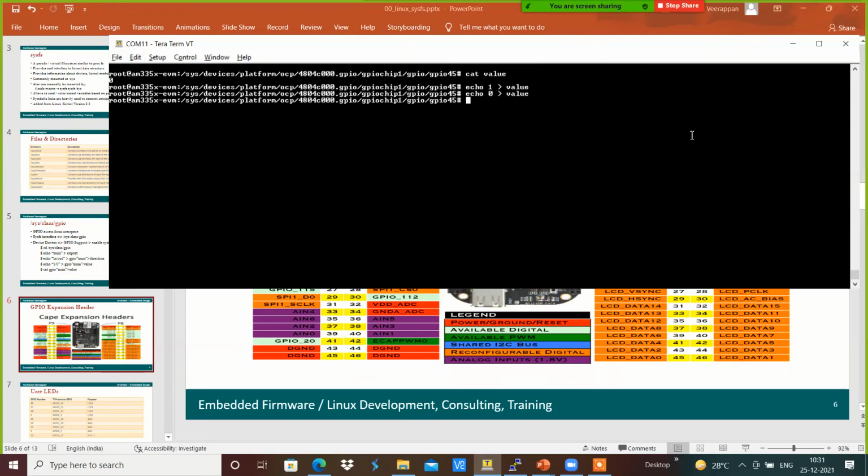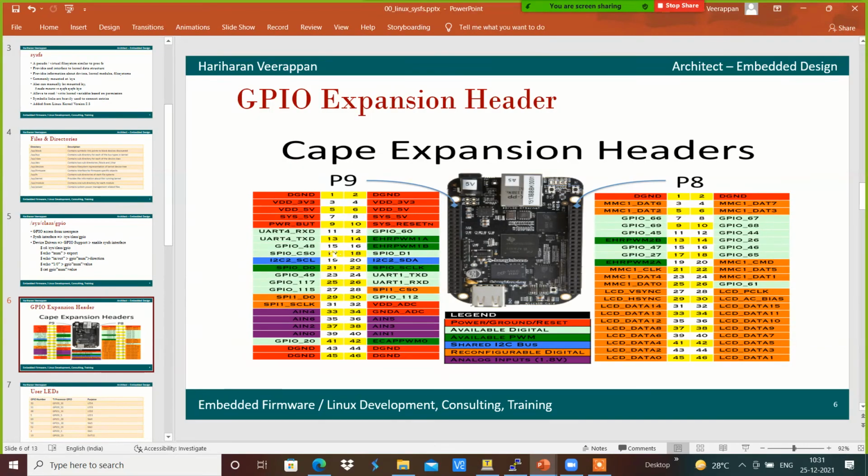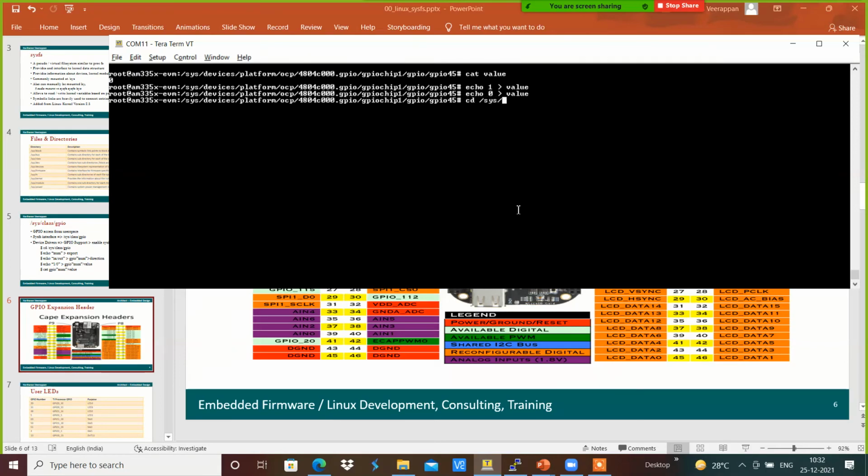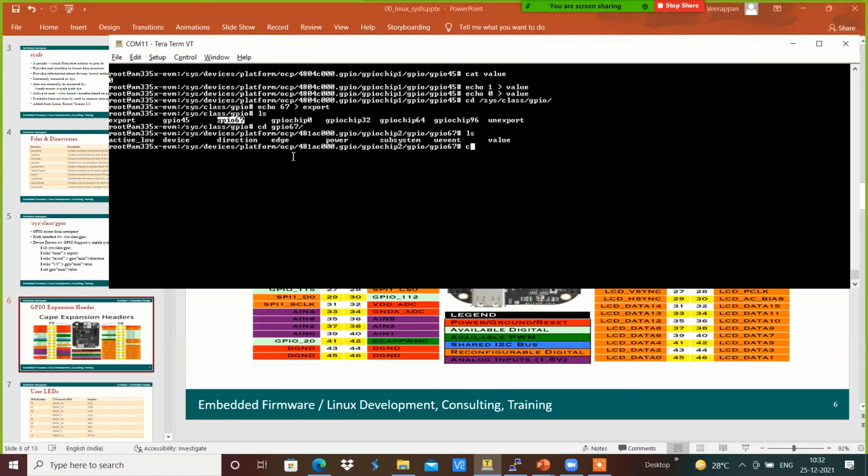In order to read the switch, I am going to use GPIO 67. For that I am going to use sys class GPIO and echo 67 into export. Once that is done, GPIO 67 gets exported. I go inside GPIO 67 and check the direction, which is input.